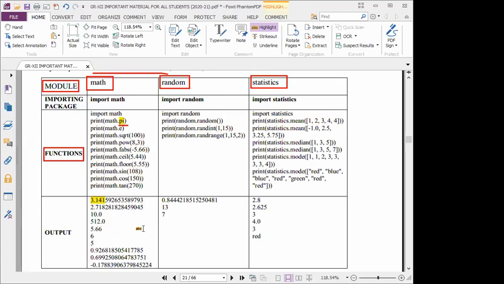At least know 3 decimal values; you don't need to remember all the decimals, just 3.141 is enough. Then math.e is another constant, whose value is 2.718. Everyone understood, students? These are the only two constants you should remember.